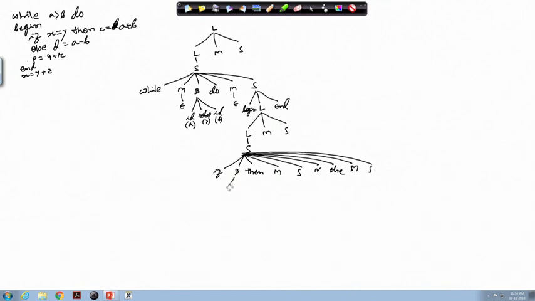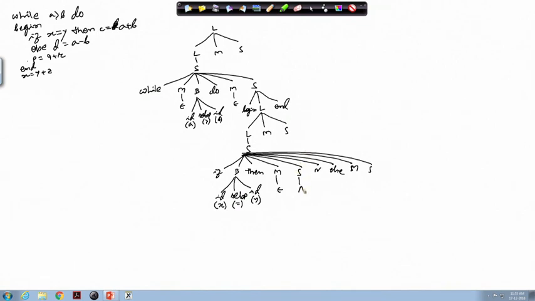Now, this B will give me that ID reloop ID, that is your x equal to y. This M should give me epsilon. Okay. Then this S should give me the C equal to A plus B, this assignment statement.